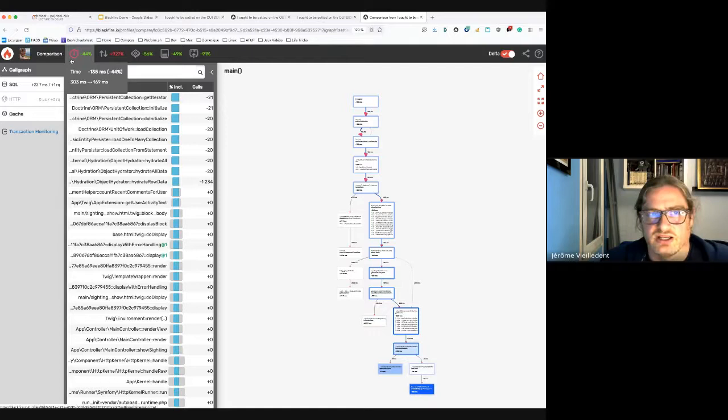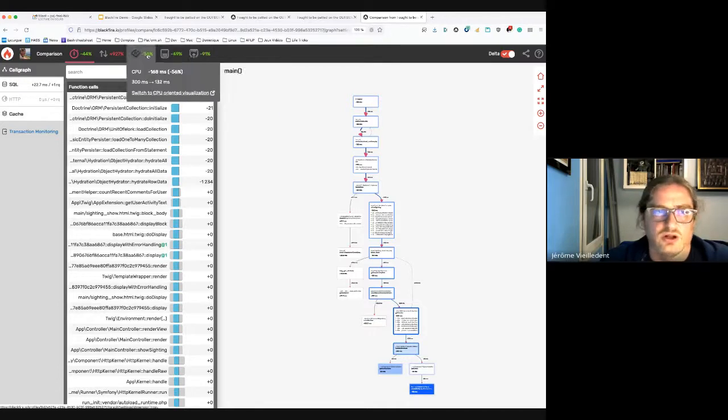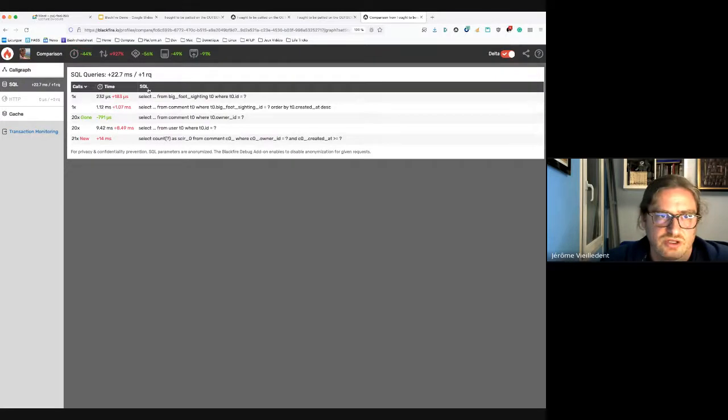We reduced by 44%, 56% for the CPU, and almost everywhere. In the SQL queries, you can see the differences. Here we don't have this one anymore. It has been replaced by a count. So we did have an n+1.